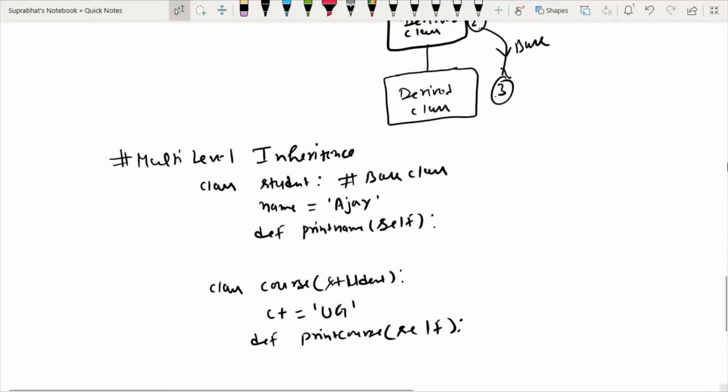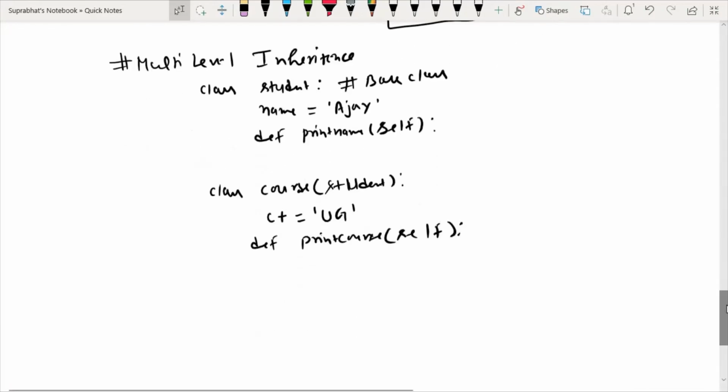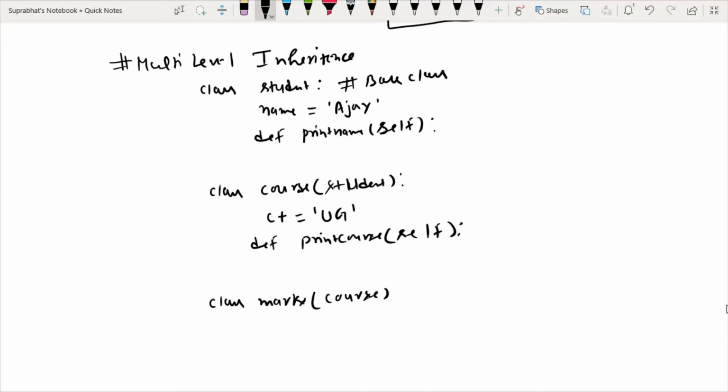Now another derived class, marks, and it is derived from the course class, not the student class. So now you can understand this is already a derived class, but for this marks class it is working as a base class.